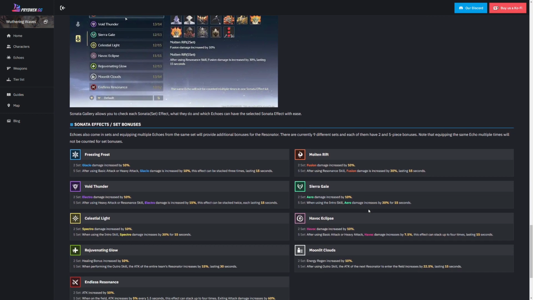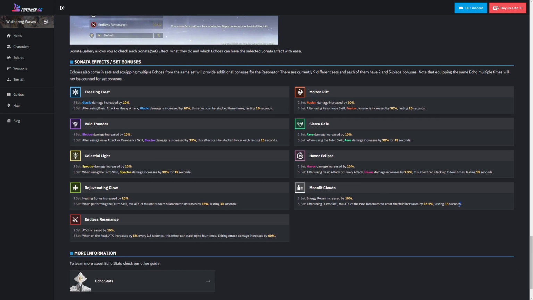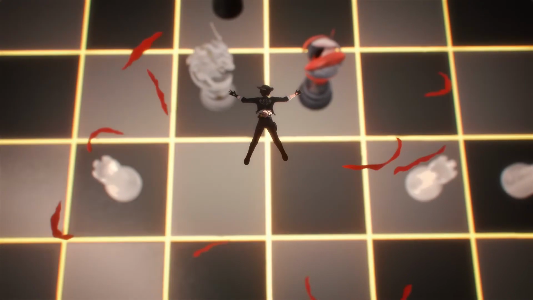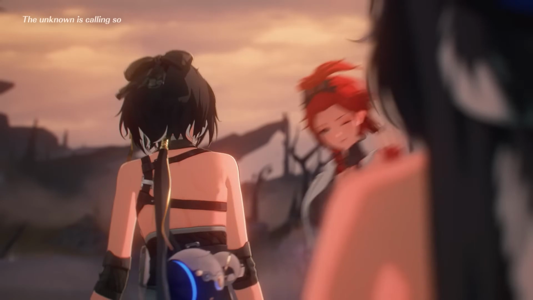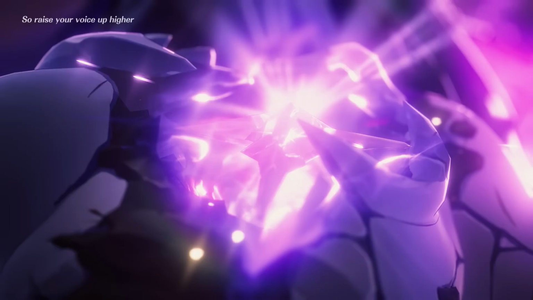But Moonlit Clouds is a neutral set, so it could be put on anybody and utilized in whatever way you want. And that's what's key here, guys. The moonlit set will be the outlier, and I think it's going to be key to have a good amount of moonlit echoes to really set yourself up for success. One thing I do want to highlight on the moonlit set: there is one overlord class, and who knows, we might get more in the future, that allows you to boost energy regen by 10%. After using the outro skill, the attack of the next resonator entering the field is increased by 22.5%